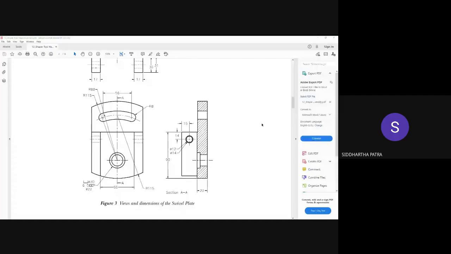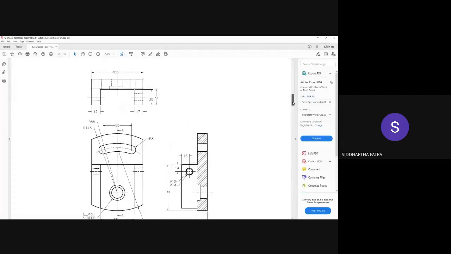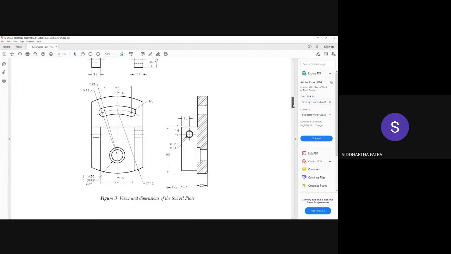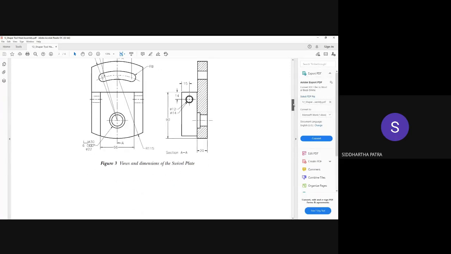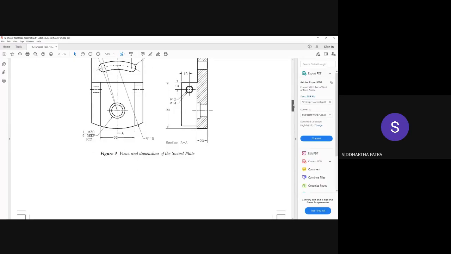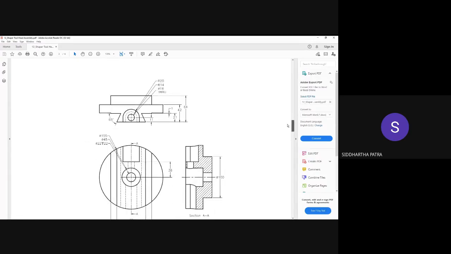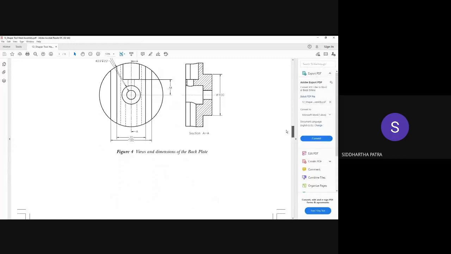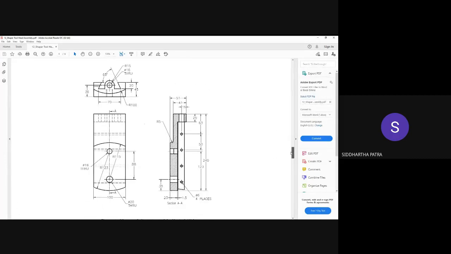Okay, so I'll be sharing this PDF with you. The first component is your swivel plate, and you can see there is a hole for the tapered pin. The pin is provided with a taper for ease of assembly. Then is your back plate, that circular plate that goes behind the vertical slide. Then there is your vertical slide.